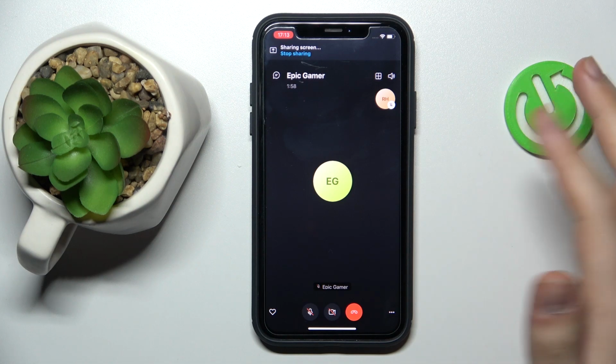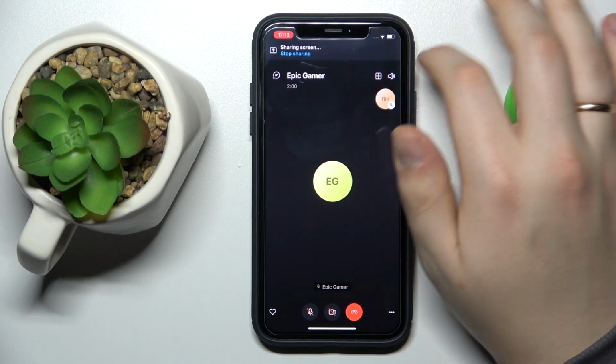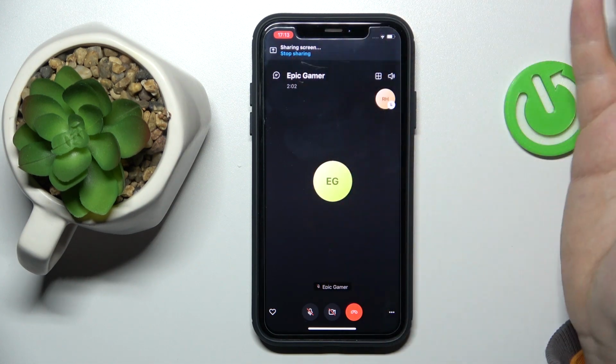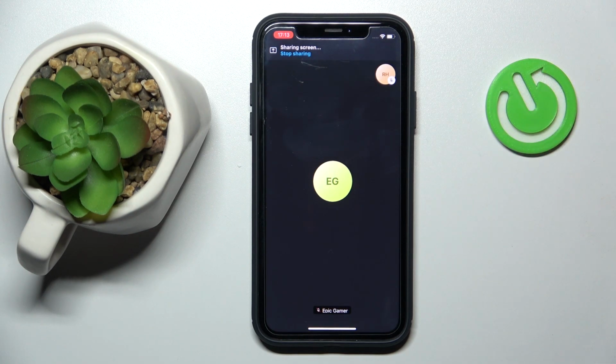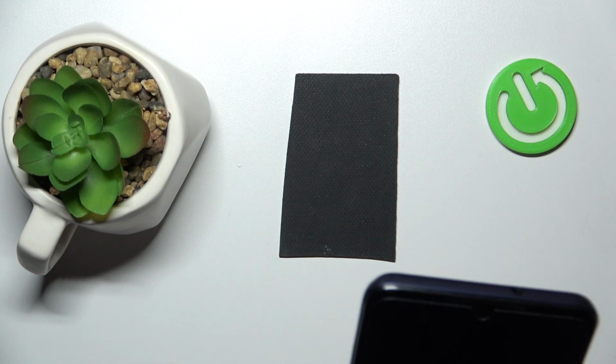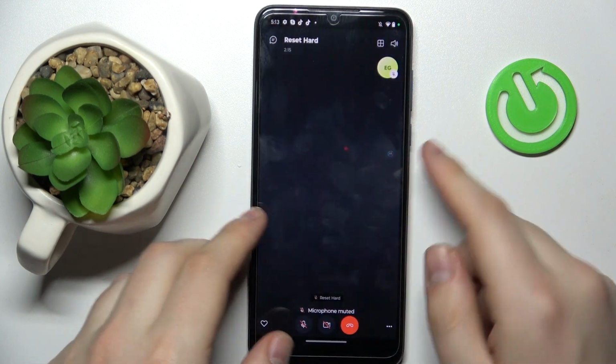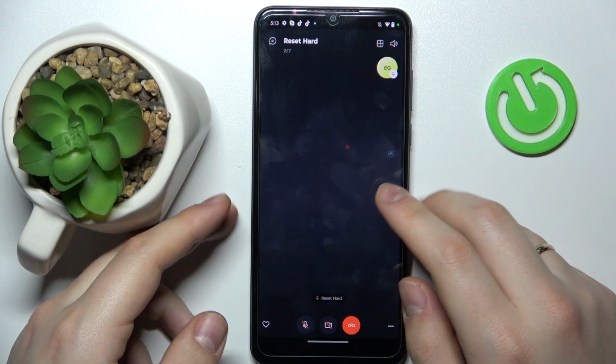And well, as you can see, the Skype interface tells you explicitly that you're currently sharing the screen with other call participants. Once you're ready to stop the screen share, just tap at the stop sharing option, and that will be it. If we are talking about the Skype app on an Android phone, the procedure is pretty much the